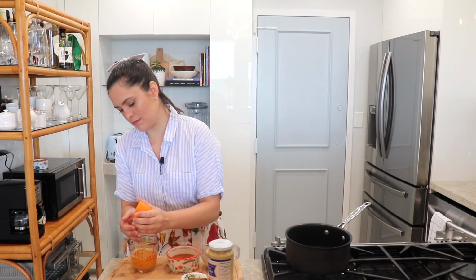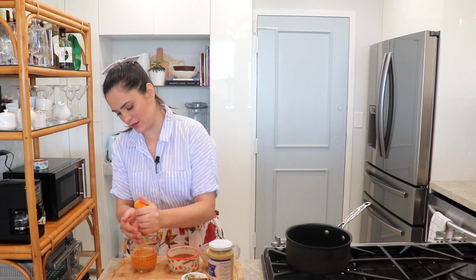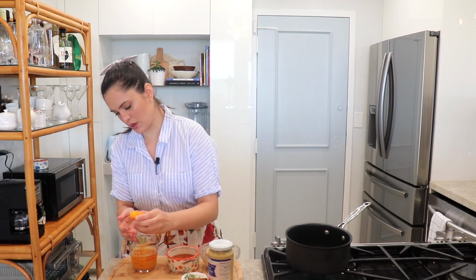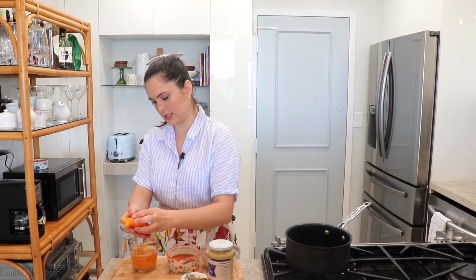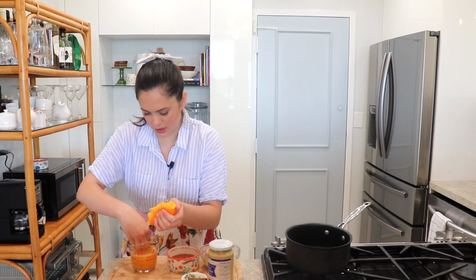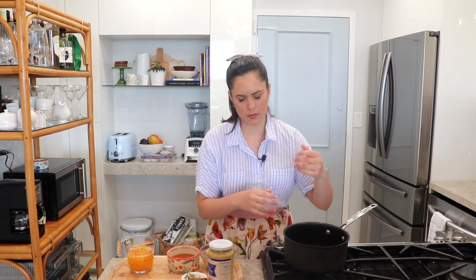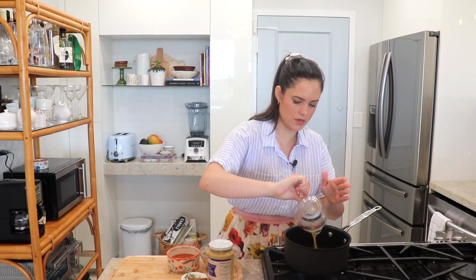My ham has been baking for an hour and 10 minutes now. So this is the perfect time to start working on our glaze. So I'm just squeezing my oranges to get the beautiful orange juice. I personally like to use fresh oranges. Now here I have a small to medium saucepan. I'm going to bring the heat to medium low, to where you want to add your orange juice,